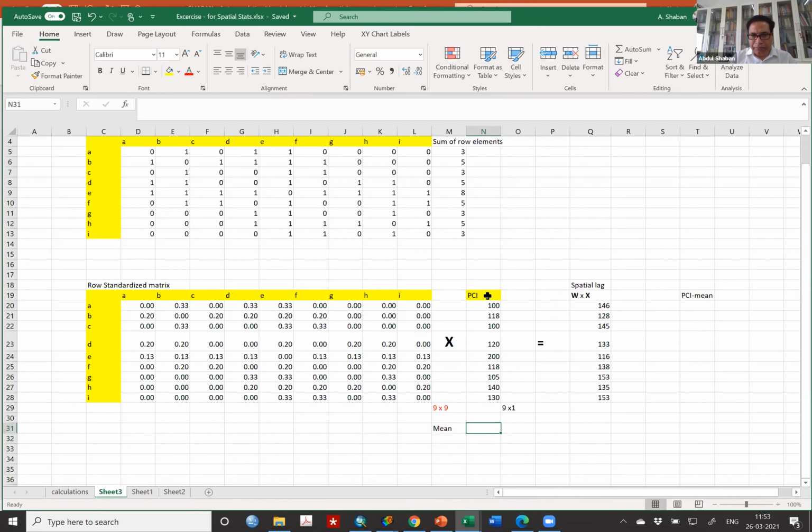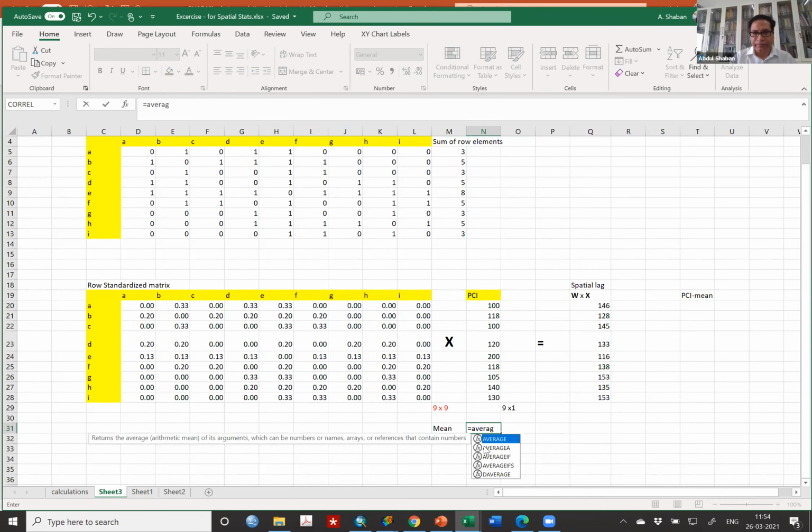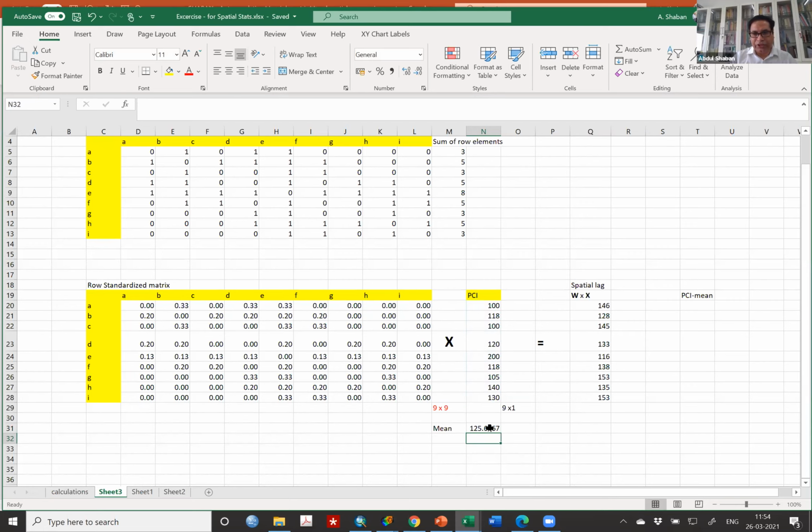So for PCI, we have to compute the mean. So equal to, you can type in Excel average. Average gives you the mean. Just put a bracket and then block the data for which you need the average. Like this. So you close this one. Now the average of this is 125,667.